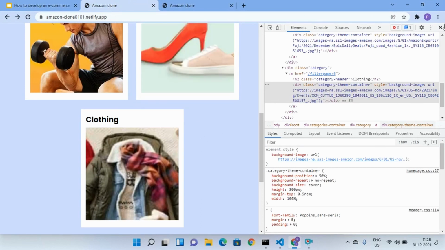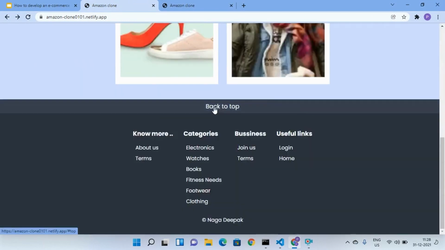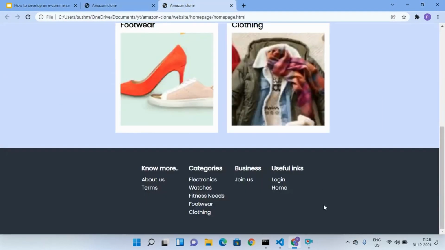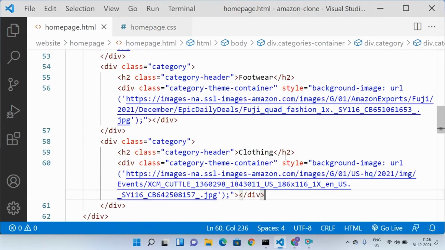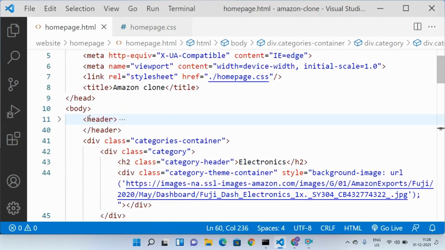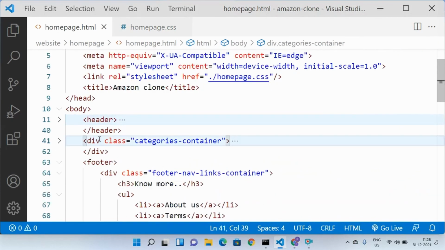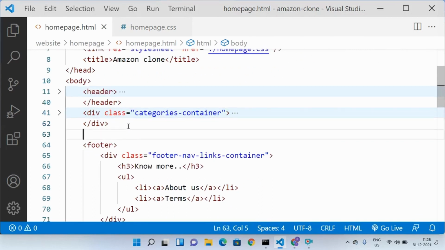And one more thing which is missing here is this back to top button. Let us do that. Let me hide this categories container, and over here let us add one button.